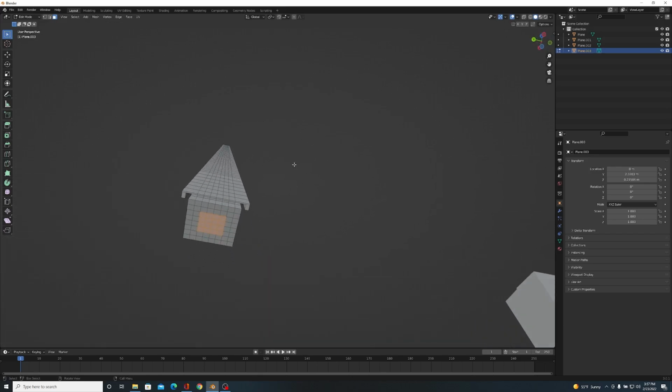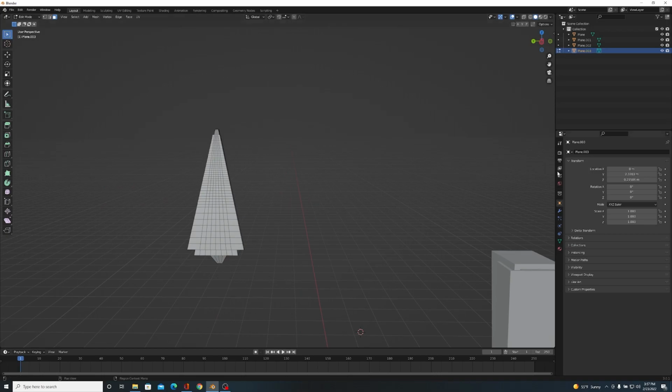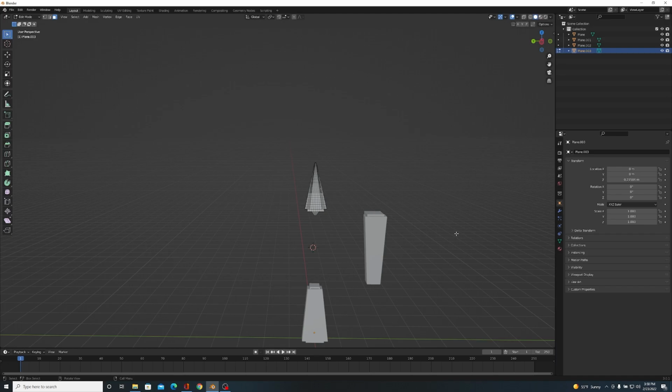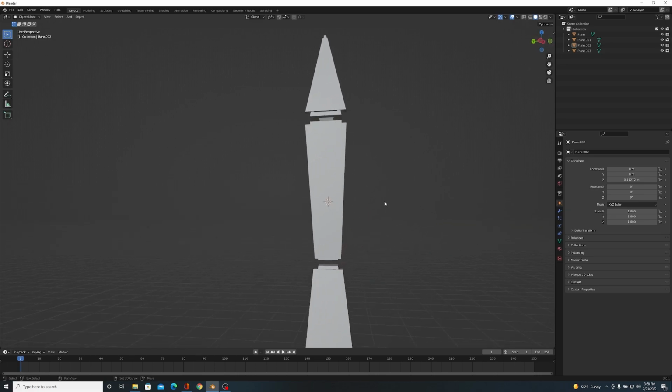And then, with these selected, we're going to go ahead and extrude it down right about there. Looks good. And then we're just going to scale it, so that way it gives that little point there. So now, if we take it and zero it out, oh, I zeroed it out in the wrong mode, in edit mode. There we go. All right, then we zero this out. Now you can see there's a connection point there. And when you're animating, I'm telling you, it makes all the difference.